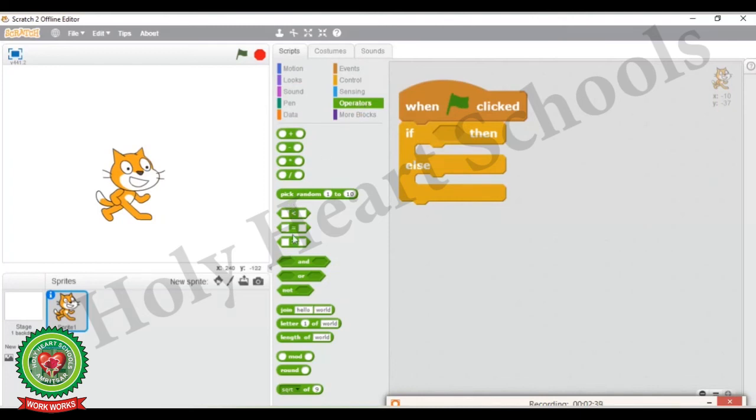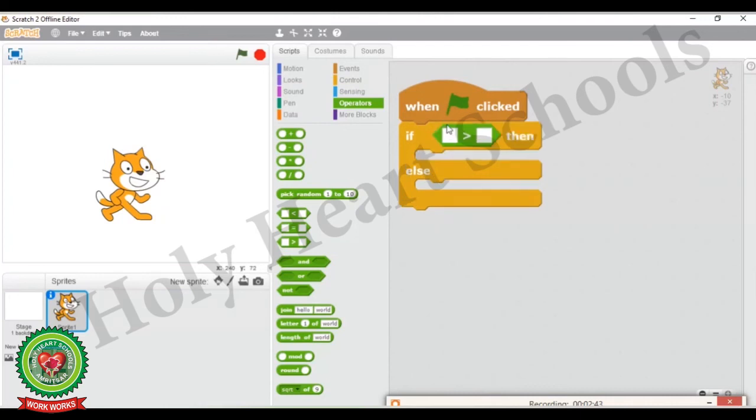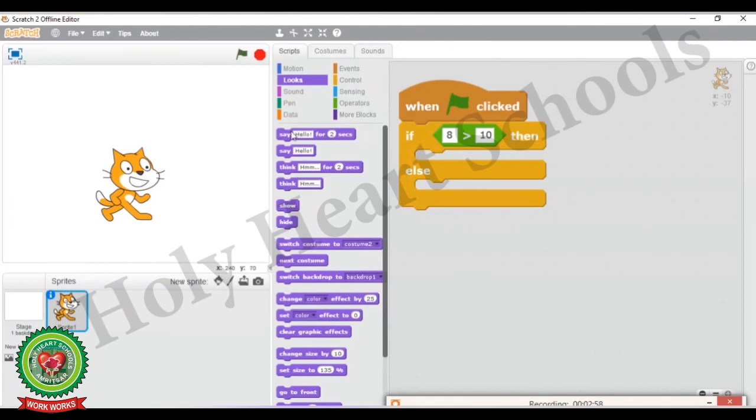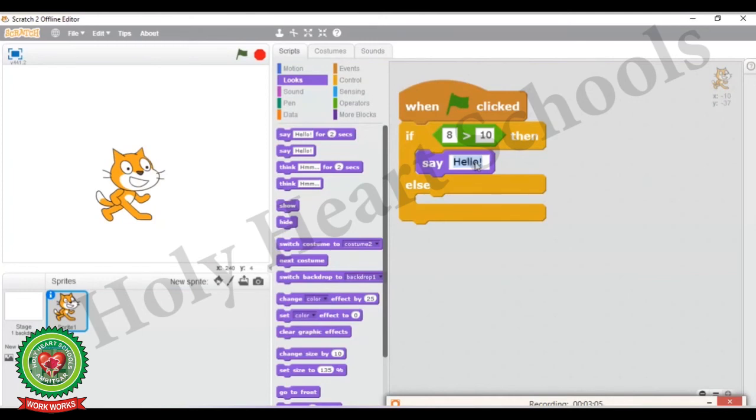From there, drag this greater than block. Now here I am going to give the condition: if 8 is greater than 10, then the if block should display the message using looks block. Drag the say block here. In the say block, the sprite will display the message 8 is greater.